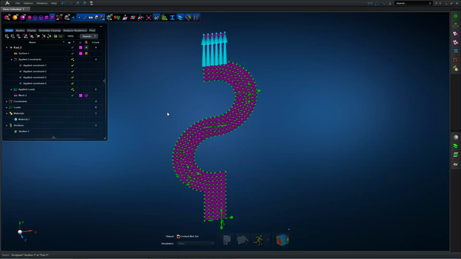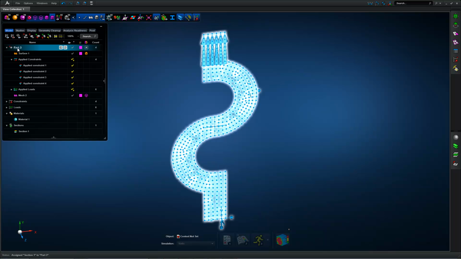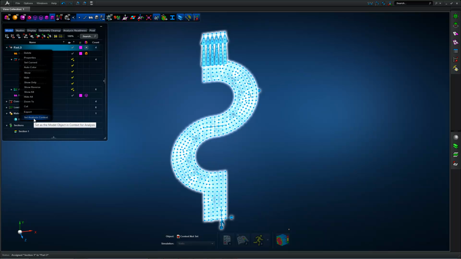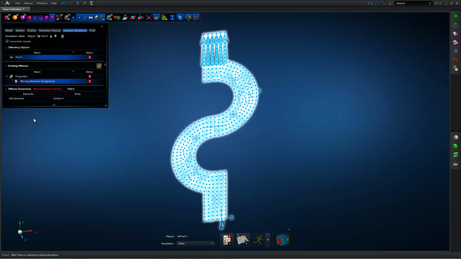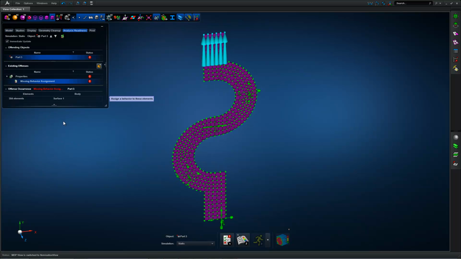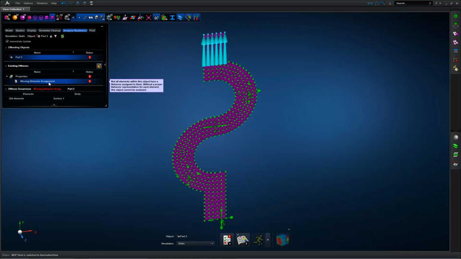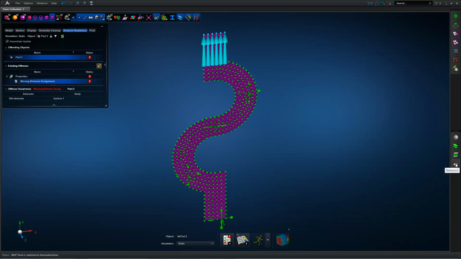To check that it is indeed correct and ready for analysis, we can right click on the part name, or if we had an assembly or a sub-assembly, we could select those, right click and set the analysis context. The analysis readiness is now checked for this part, and I see there's an exclamation mark over here showing me that something is indeed wrong and I need to correct that. And what it says here is that I have a missing behavior assignment. So what I forgot was to add a behavior for these shell elements,